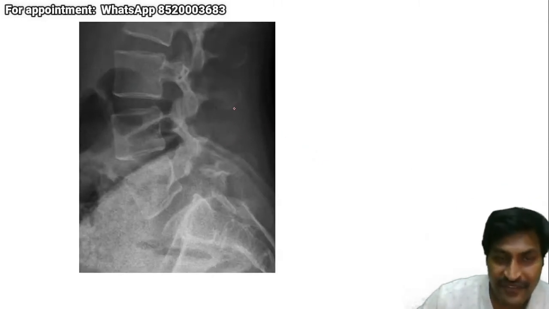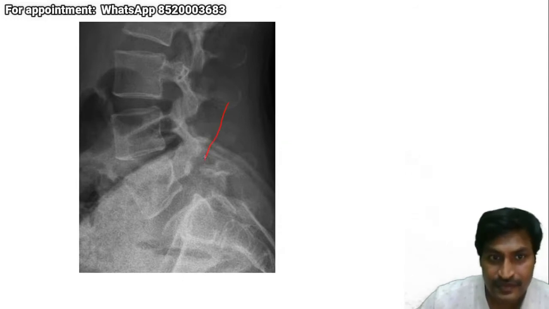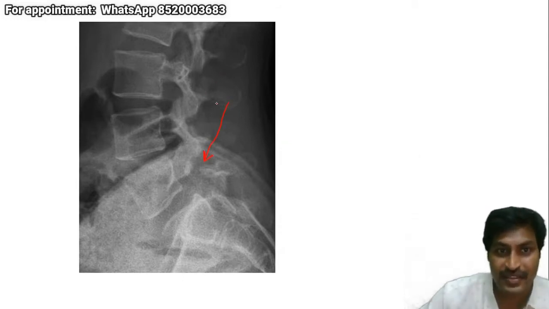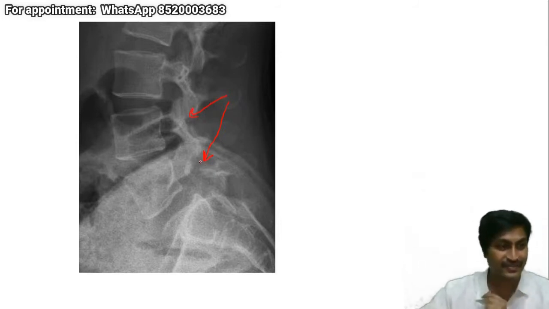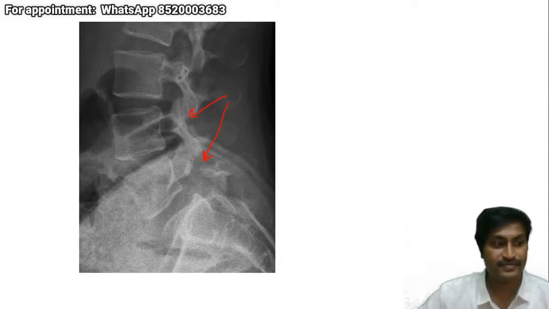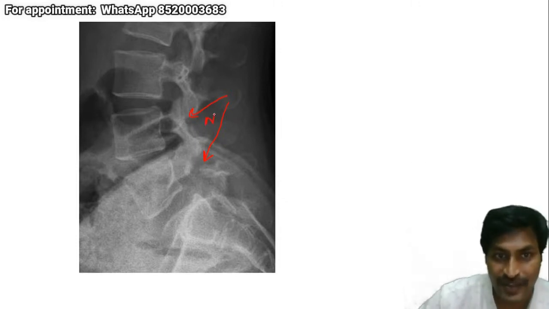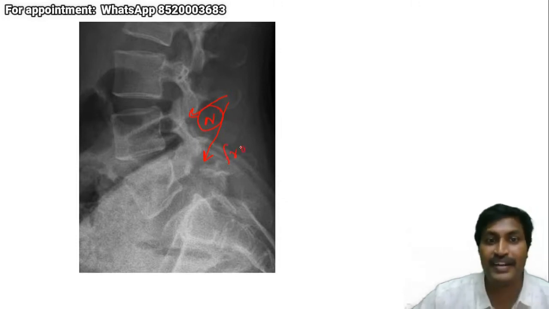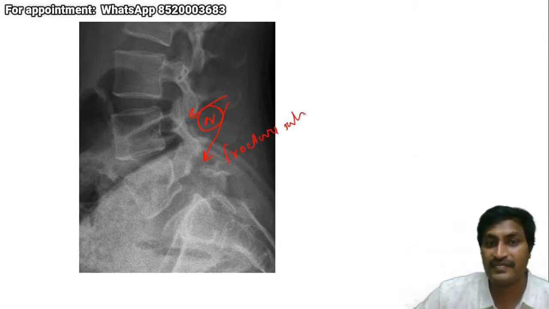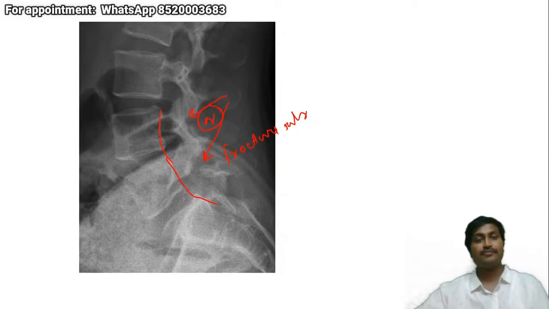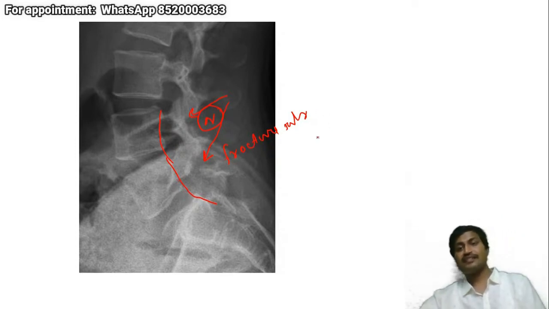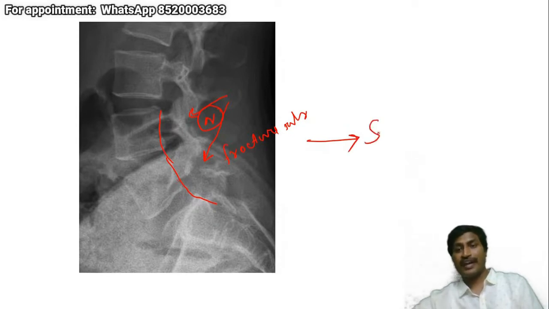So can everyone identify what is the pathology here? This is abnormal, this is normal. Can you identify? One, two or three seconds, I will wait. I'm waiting for your answers. Yeah, so this is the normal one. Here there is a fracture of the pars interarticularis, but there is no movement of the vertebrae. You can identify the posterior vertebral line. They are maintained. Because there is no movement, but there is a fracture, this goes into the diagnosis of spondylosis.